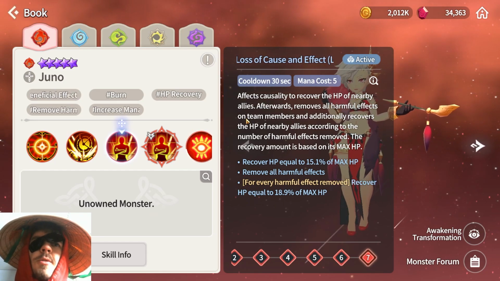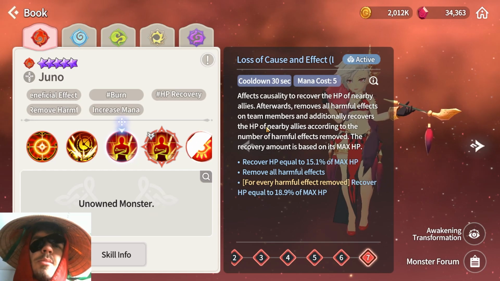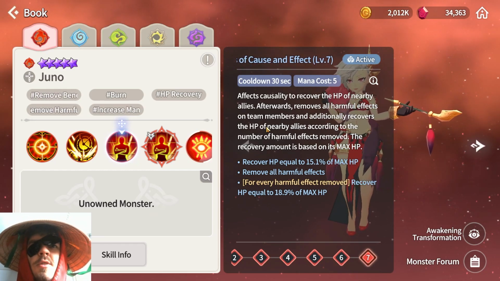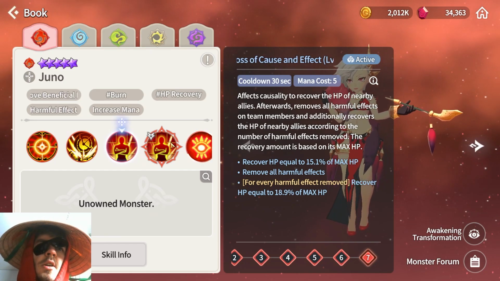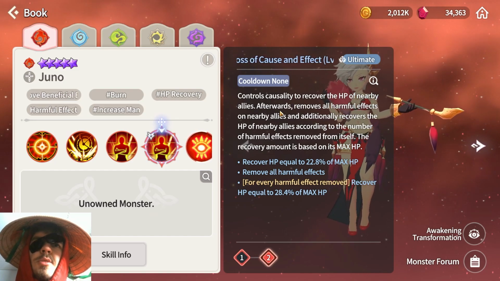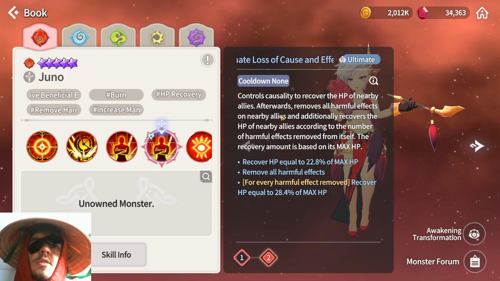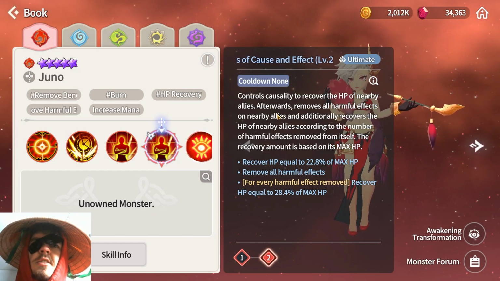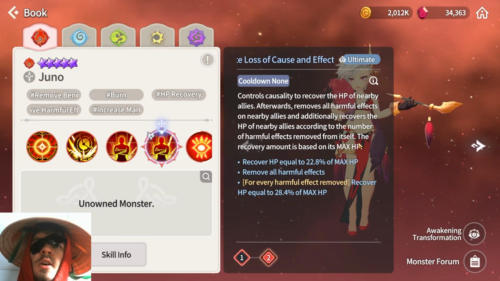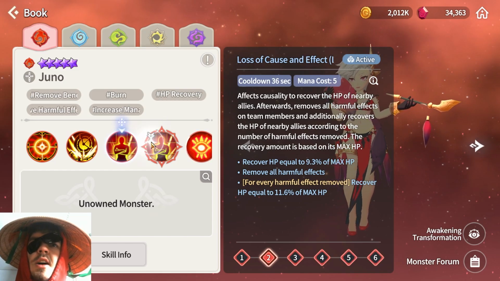Afterwards, it removes all harmful effects on team members and additionally recovers the HP of nearby allies according to the number of harmful effects removed. The recovery amount is based off its max HP. The ultimate is pretty similar: it controls causality to recover the HP of nearby allies. Afterwards, it removes all harmful effects on nearby allies and additionally recovers the HP of nearby allies according to the number of harmful effects removed. The recovery is based on max HP, so the same thing, just a little higher scaling